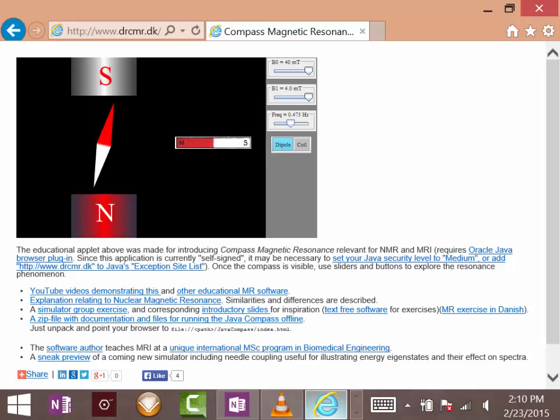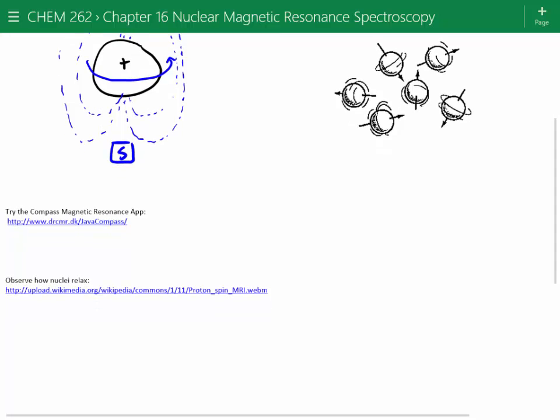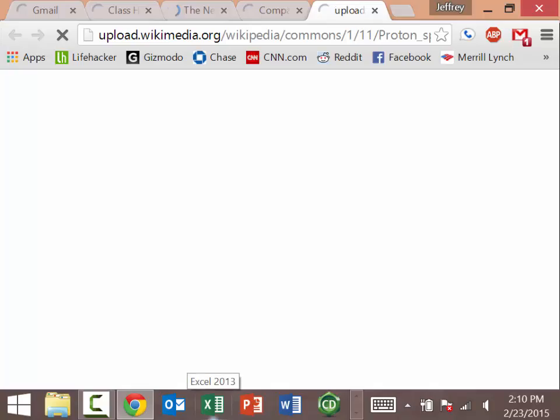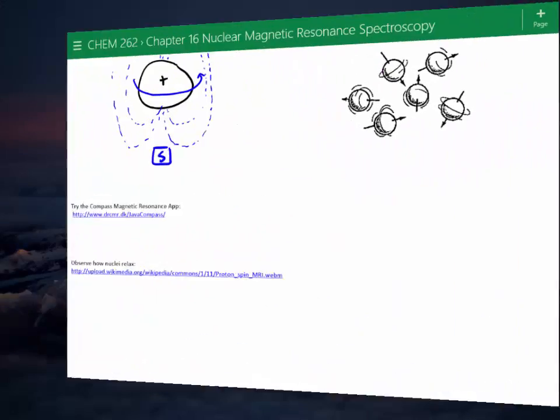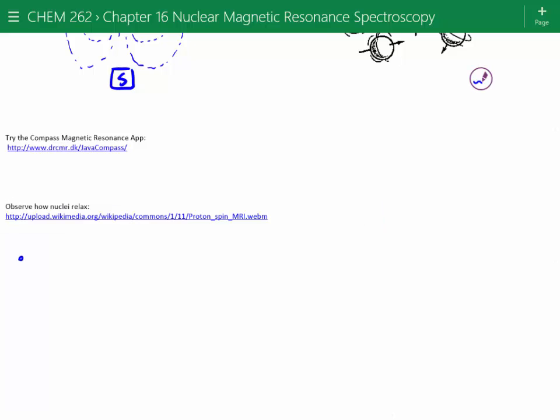Really what I'm going to be most interested in is you guys being able to interpret NMR spectra, but we've got to cover some of these basics first. So I put the magnetic resonance app and the other app in the class notebook, so you're welcome to observe those. But really the key take-home message is that